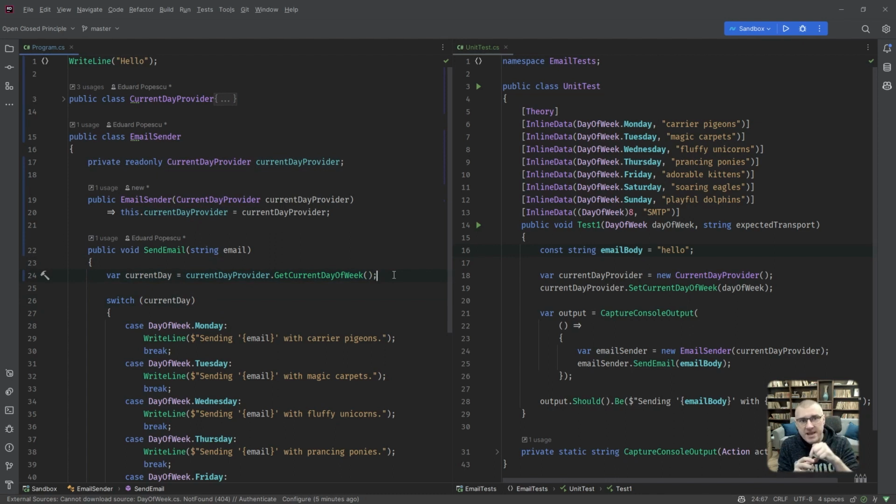What should I base my decision on? Then it knows how to make the decision. If Monday, then do this. If Tuesday, then do that. And the third thing is it actually acts upon that decision: I'm doing a console write line to which I'm sending the string sending email with carrier pigeons. Okay, so it's doing at least 3 things.